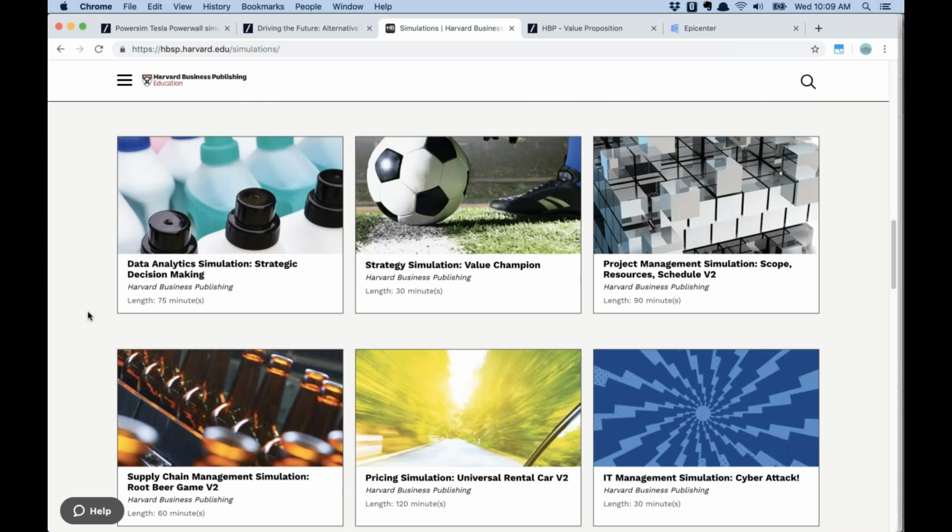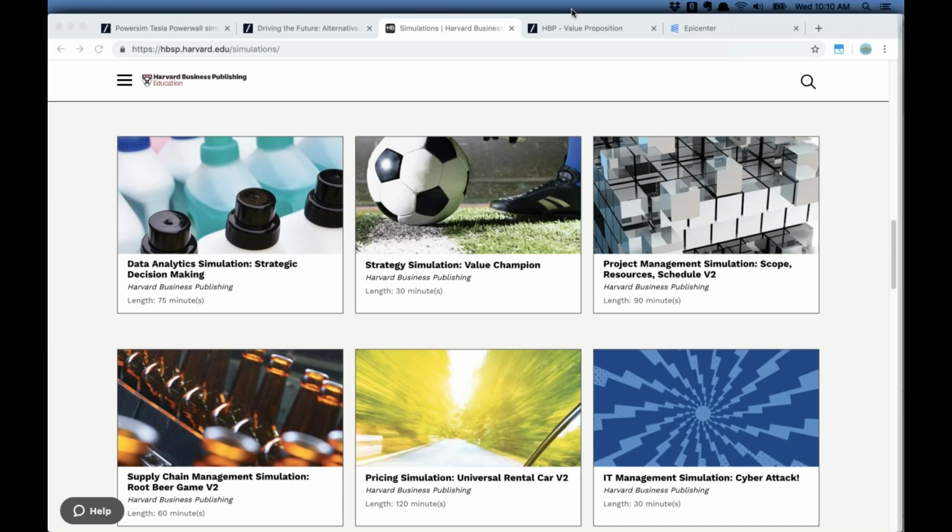And these are all hosted on Epicenter. What Harvard does with these is resell them in the same way that they sell case studies to other business schools. So that's another format for it, and it's a different style of simulation. For today, just to illustrate that a little bit, I thought I would show a simulation from this catalog that is a multiplayer game and illustrate how multiplayer games work